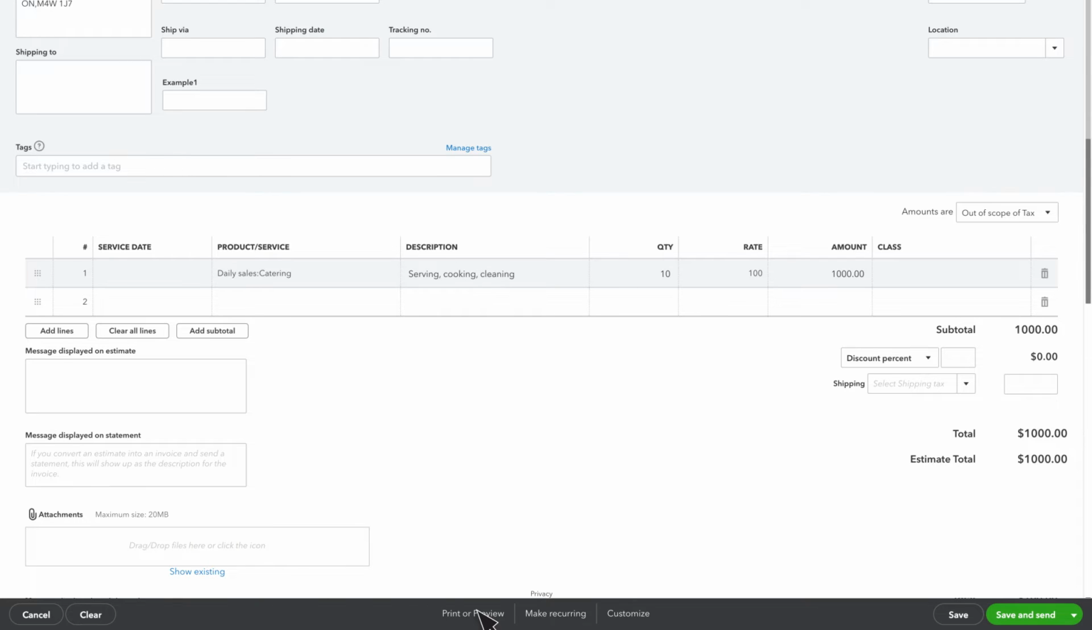If you wish to print the estimate, select Print or Preview, and you can print it from here. Or you can select Print Later if you want to print this estimate along with others in a batch later on. You can choose between these save options, but we want to email this to our client, so we will